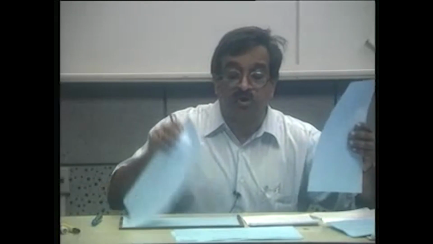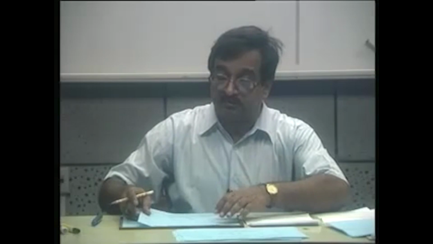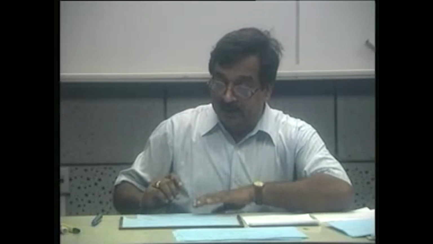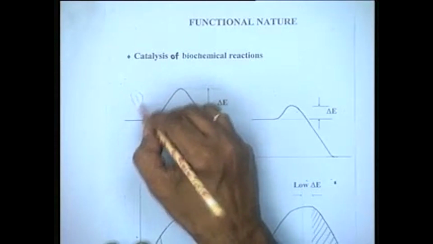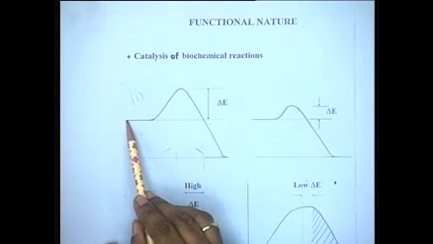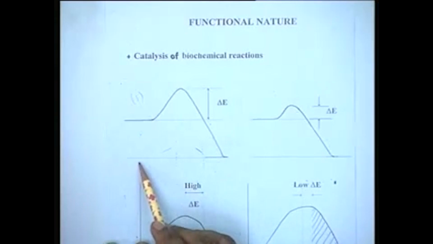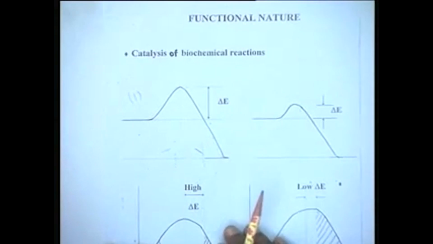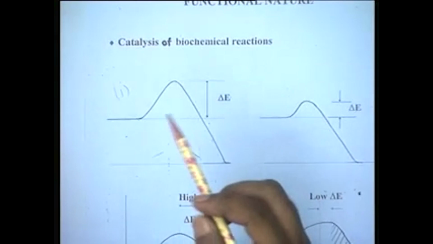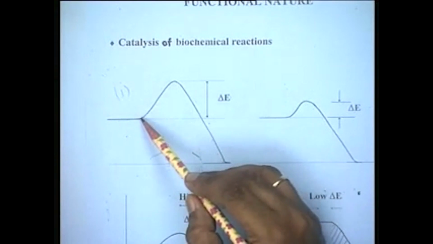Or to illustrate my point further from an energy diagram, consider the first stage, an uncatalyzed reaction. In the case of this reaction, you see the reactants are at a ground state. Now the x axis denotes the extent of reaction, the y axis is the energy content, and then the molecules have to